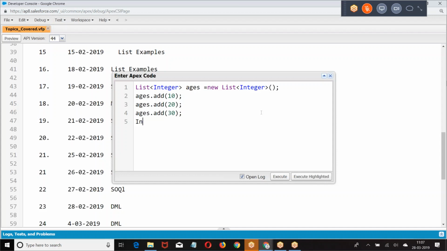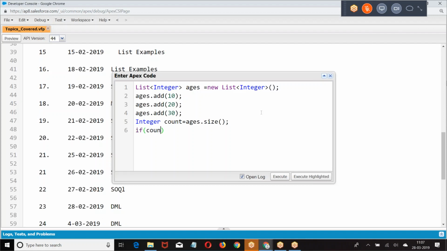Am I right? Now I wrote integer count is equal to size. Now what is the size? What is the size we received? 3. But what is the maximum index we have? 2. Index starts with 0 to 2. Okay, index will have 0 to 2, but the count is 3. Right. So how do you check it?